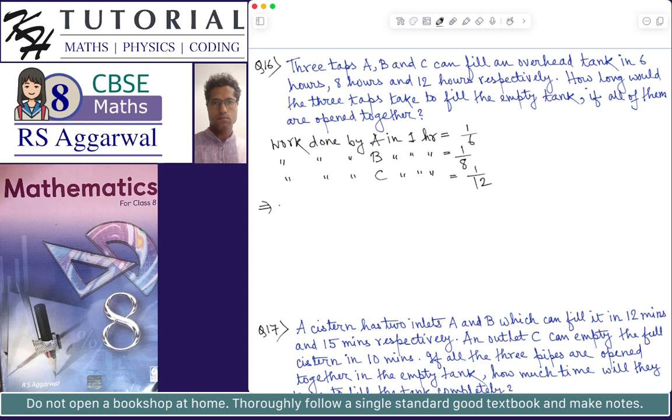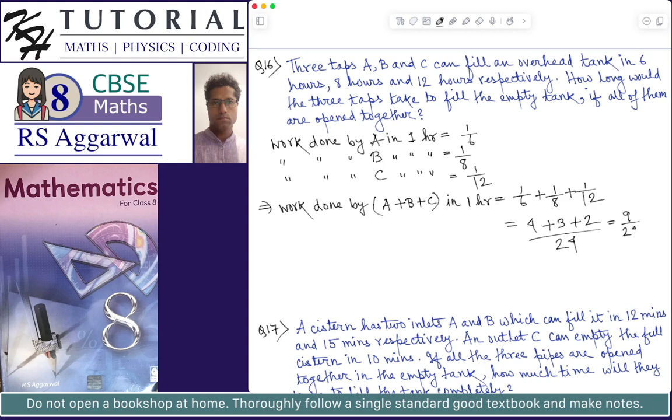So this implies work done by A plus B plus C, that is when all the taps are open or all the taps are working together, in 1 hour will be equal to 1 by 6 plus 1 by 8 plus 1 by 12. This is equal to, the LCM will be 24, so 4 plus 3 plus 2 by 24, and this is equal to 9 by 24, and this is equal to